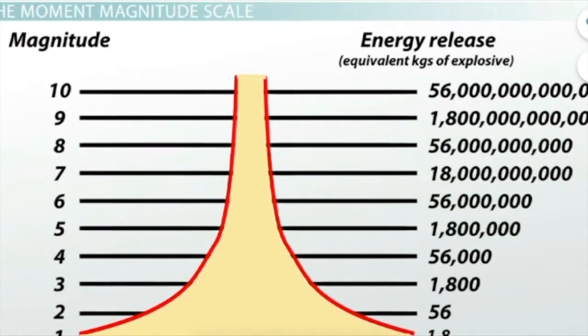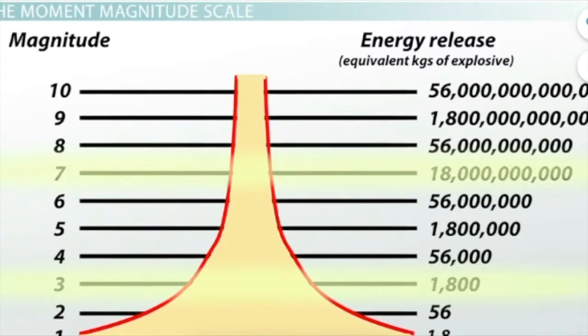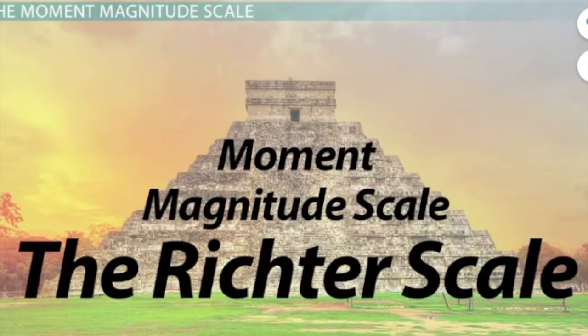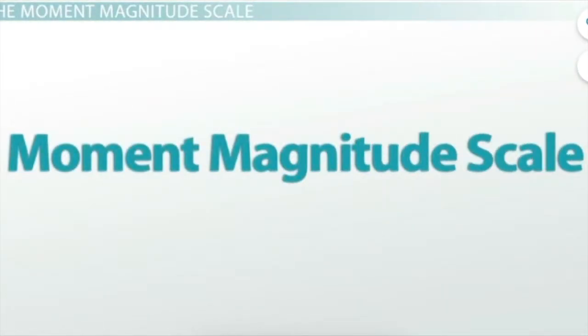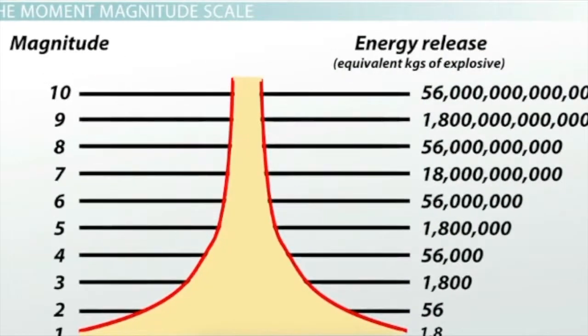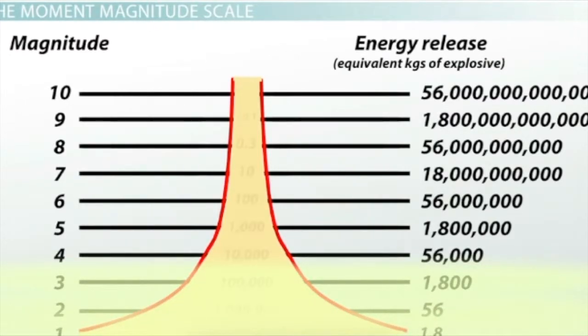The Richter scale was originally designed to measure medium-sized earthquakes, those between magnitude 3 and 7, and within a distance of about 400 miles. The moment magnitude scale was created in 1979 to deal with these issues, but it built on the Richter scale because it was already so accurate for small to medium-sized quakes. The moment magnitude scale is the currently accepted scale used to measure medium to large-sized earthquakes. The Richter scale remains the standard for quakes smaller than 3.5 in magnitude, and luckily, this is where most earthquakes